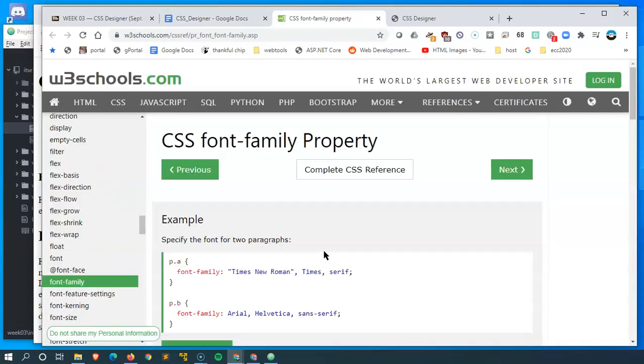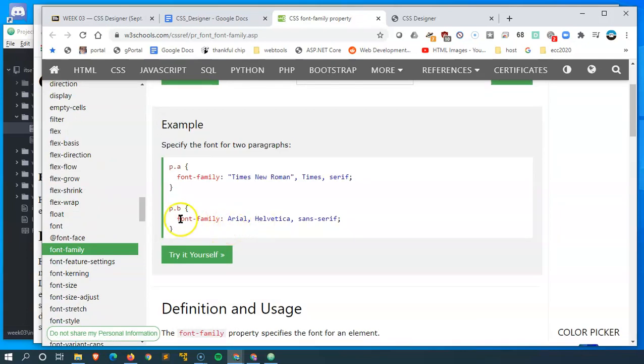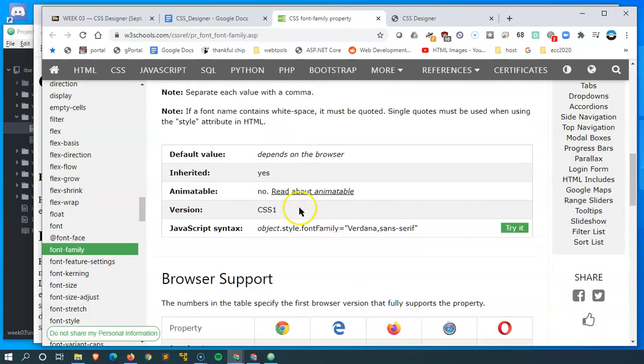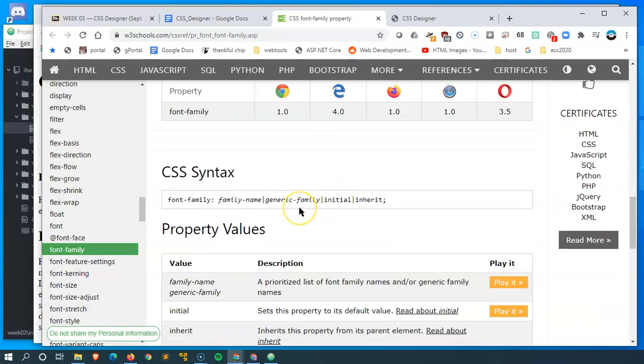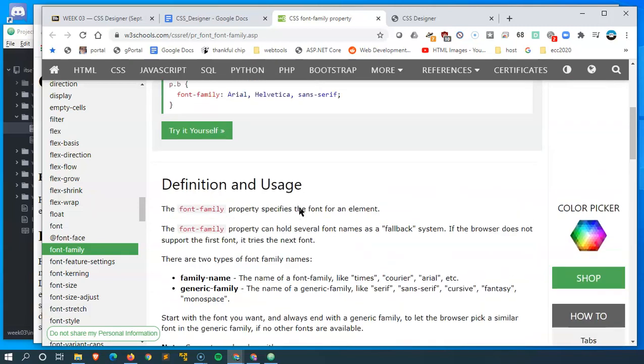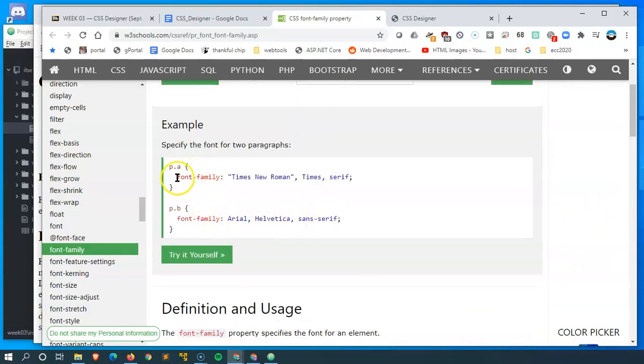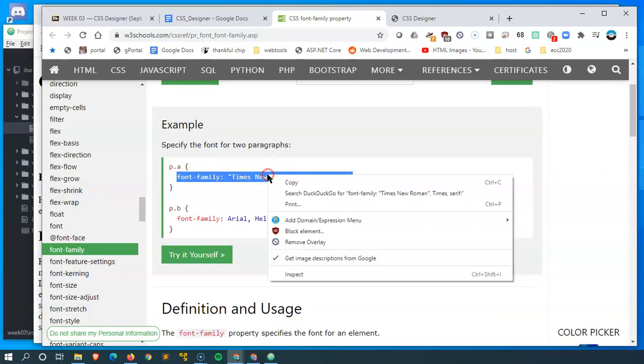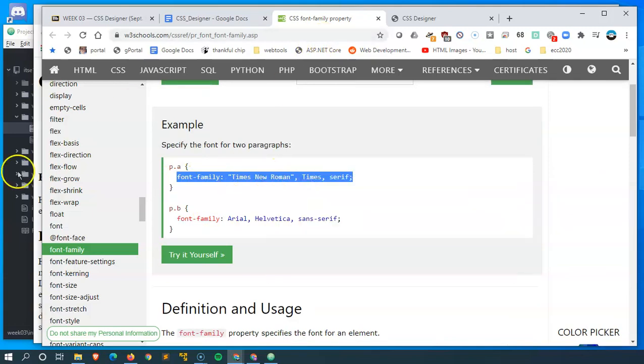And I told you before that copying and pasting is totally permissible. It's telling me that definition and usage, well, there's lots of information. Please read that. It's also in the text. It tells you how to use it. We're going to be using the font family because we're going to need the Georgia font family. But I'll just copy this so that I don't have to type it. I'll copy that, come back into my Atom,